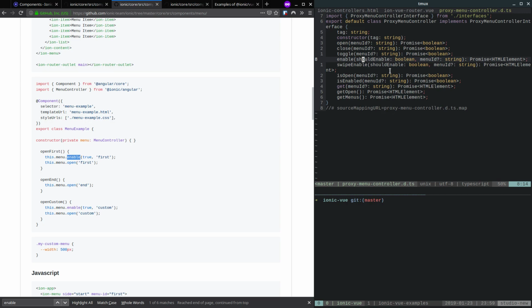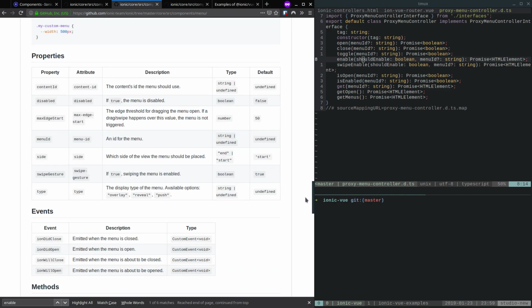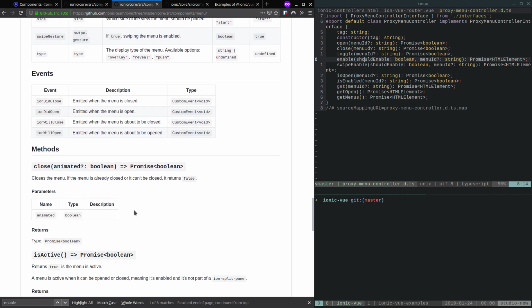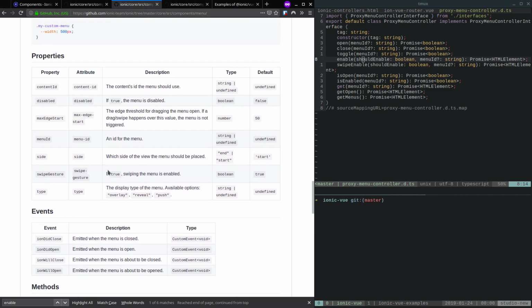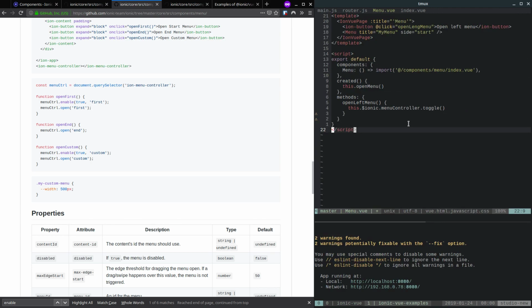So, alright, the enable method. So by the looks of it, at least when this code was written, the open, close, toggle methods took strings of IDs. Oh, so we can get the menu with the get method and then close or open. Well,